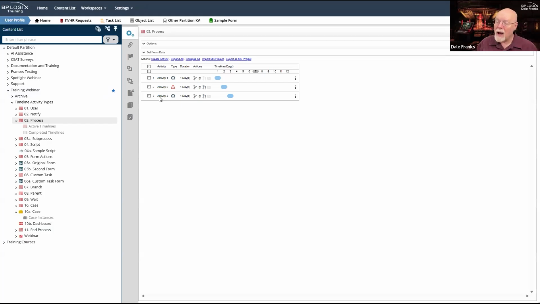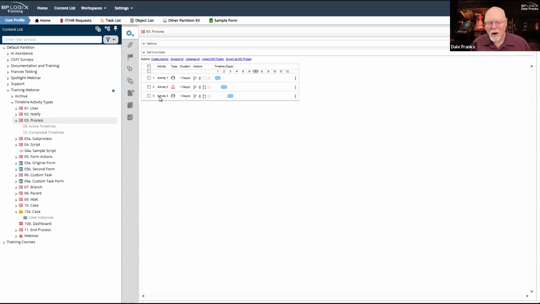If there were some documents or forms that I needed to review or to edit, I would just simply have to wait in activity 3 until whatever time the sub-process completes, because until that sub-process completes, none of those forms or instances or document attachments will be surfaced back in the parent timeline. So I won't see them until the sub-process completes.